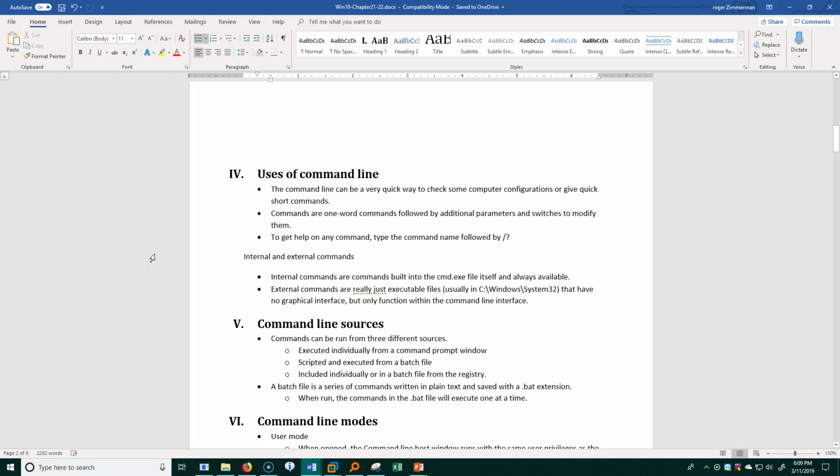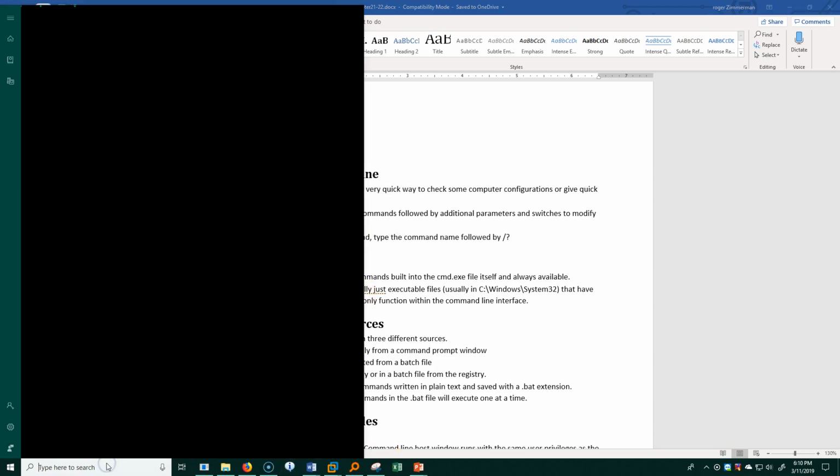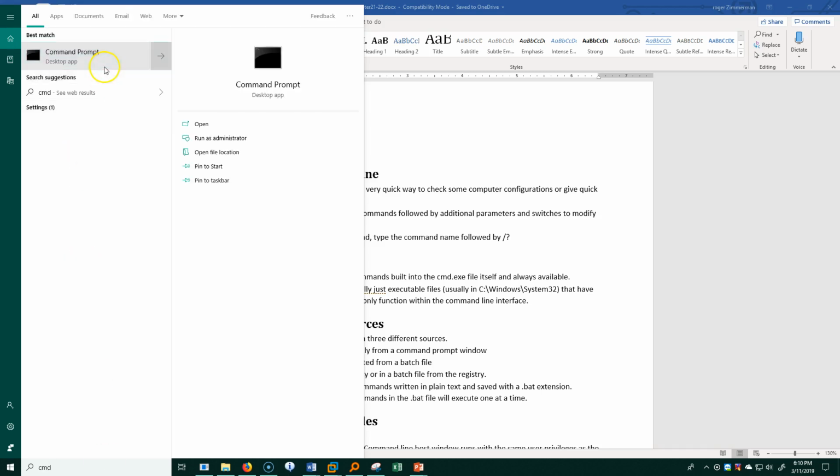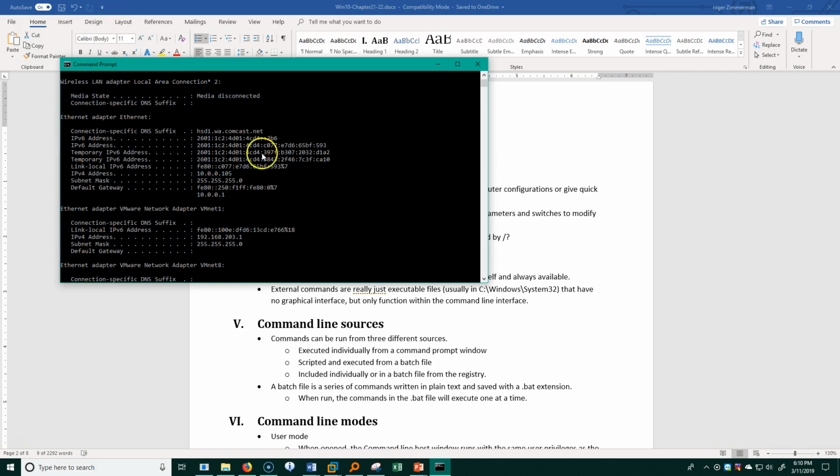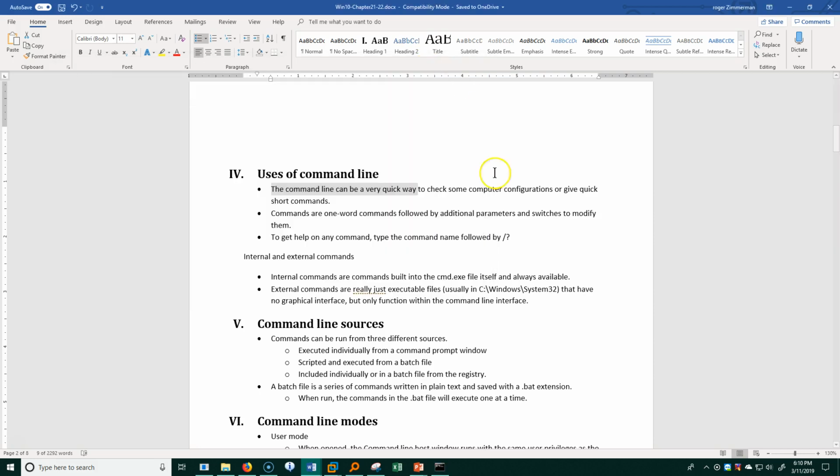So I guess that now that we know about the command line, the cmd.exe, how do we use it? Well, for one thing, it's just a really quick way to do something fast. If I just type cmd here in my Windows 10 machine and go here, I can, for example, use the command ipconfig, and I can get my IP address, 10.0.105.255.255.255.0. So it's really handy for these very quick ways to check things.